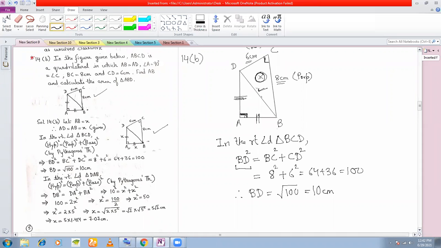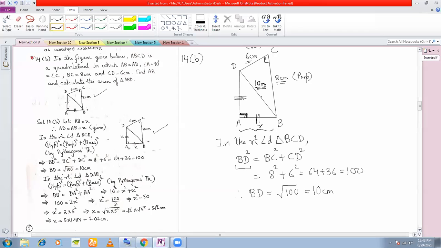So therefore you get the length of this. Now, when you have drawn the figure in your answer sheet, once you have got the length of BD, in pencil, you can mark this as BD as 10 centimeters, so that you know that you have already found this out. Now, we want to use this 10 centimeter to find out the length of this. So how will I use?